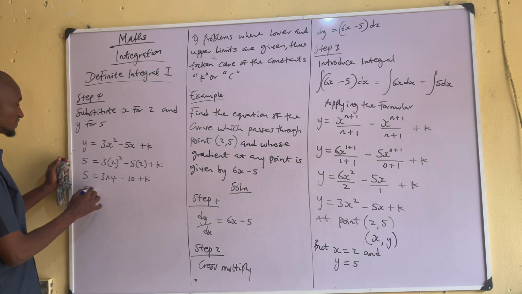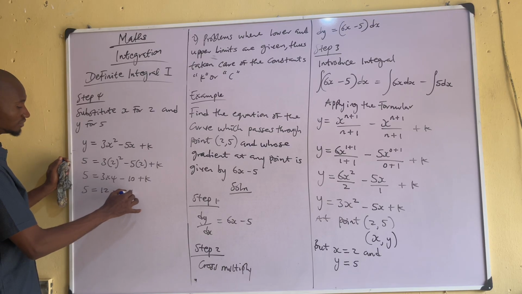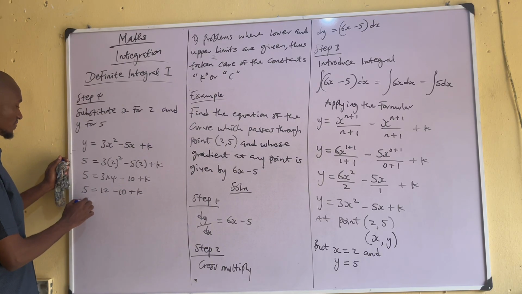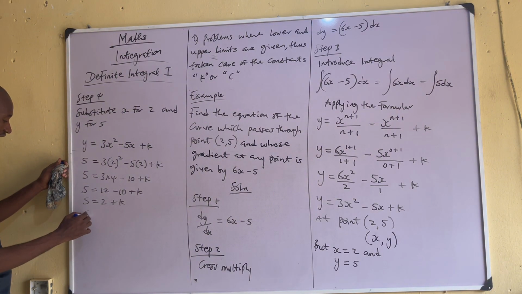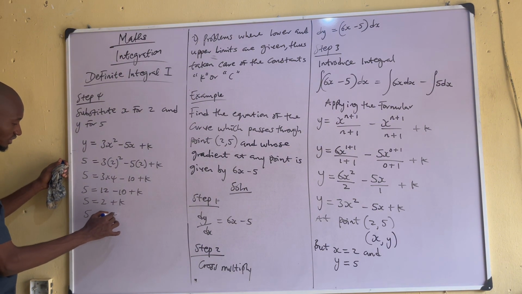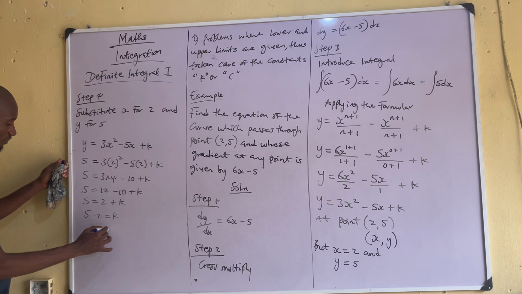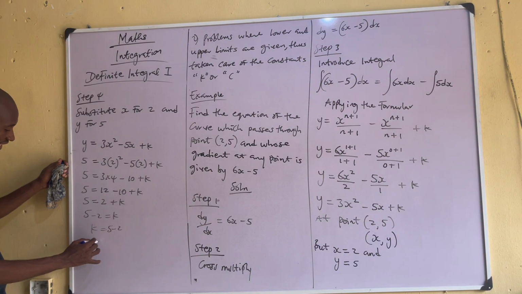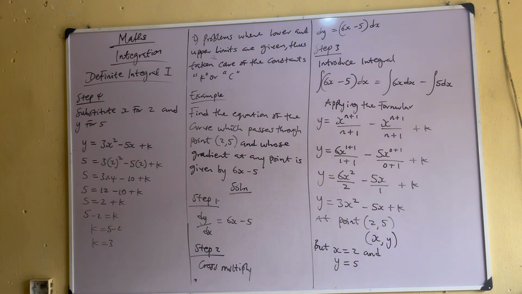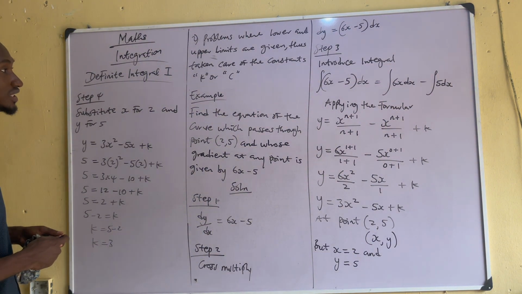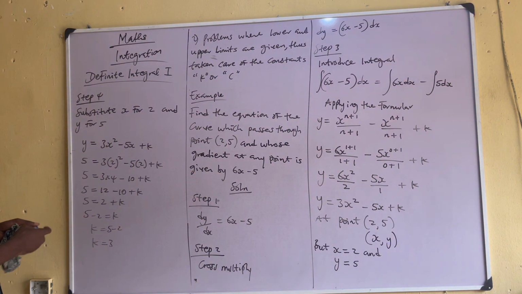So 5 equal to 12 minus 10 plus k. 5 equal to 2 plus k. Is that correct? So this is 5 minus 2 equal to k. That is to say k is equal to 5 minus 2, and k is equal to what? 3. So since we've gotten k to be 3, we now say therefore,